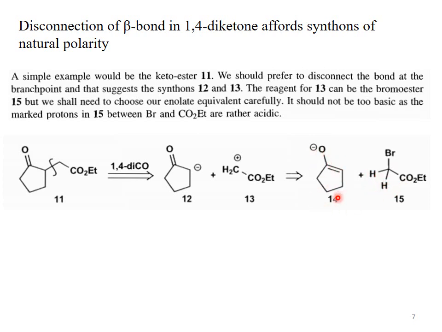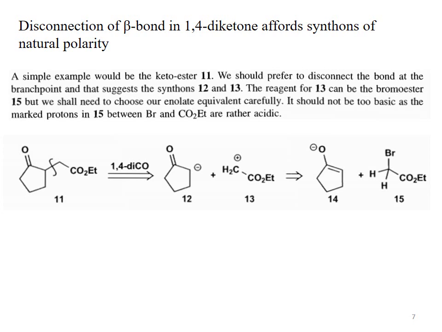The marked protons in 15, these two protons, are acidic in nature because they are present between the ester group, an electron withdrawing group, and on the other side the halo group, which is also a more electronegative group. Both of these electron withdrawing groups make these protons acidic in nature. If this enolate is more basic, then it will work as a base and abstract